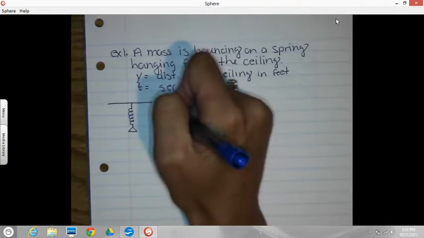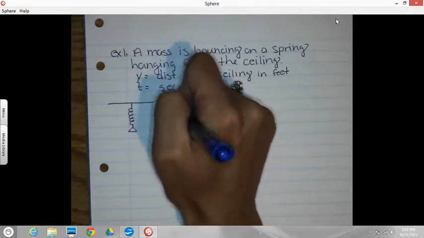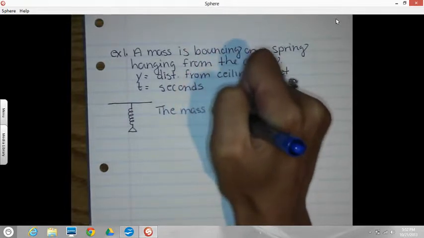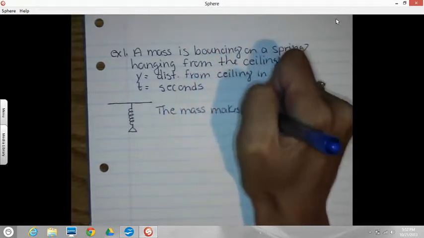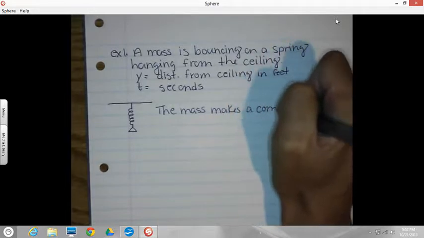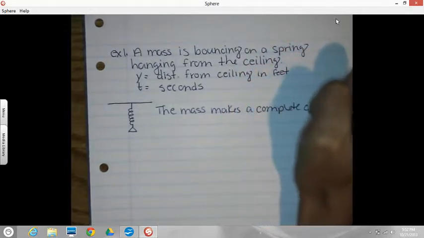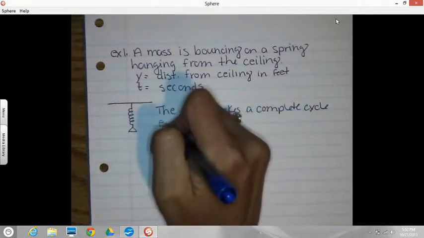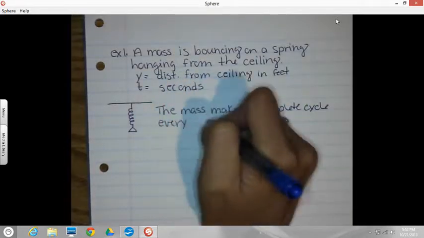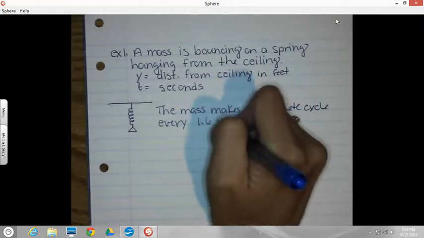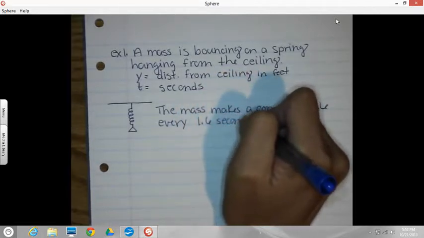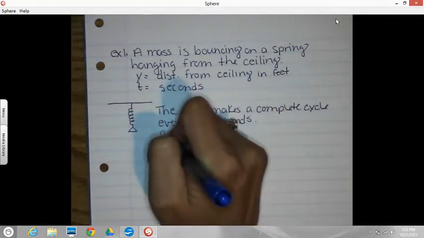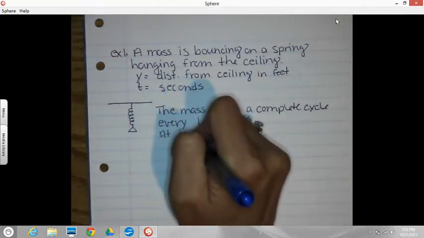This particular mass makes a complete cycle every 1.6 seconds. At time equals 0.4 seconds,